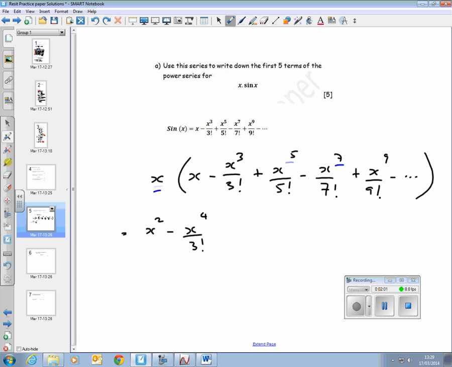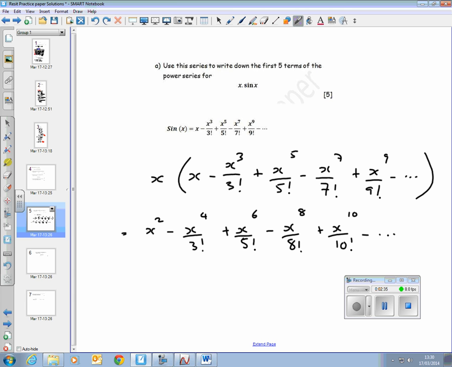In other words, I just rewrite this series, add 1 to the power, and so on. So if this in fact had not been x, but had been x squared or x cubed, I would just do a similar sort of thing. So now, if I want to integrate this function, I can just integrate each term